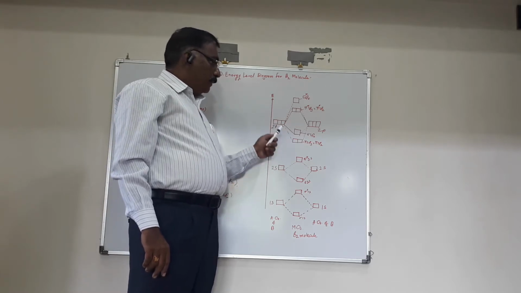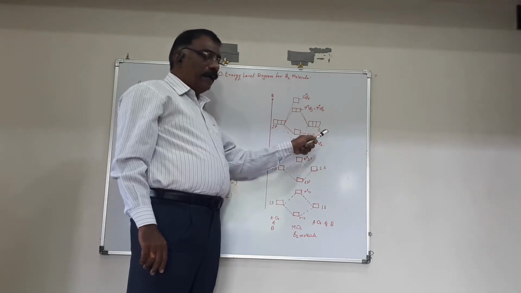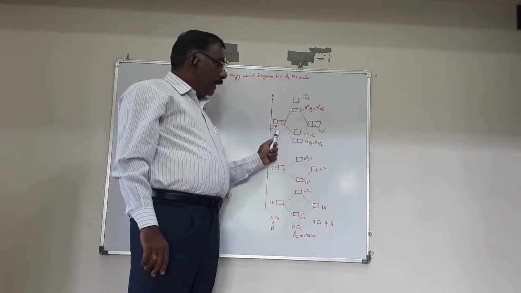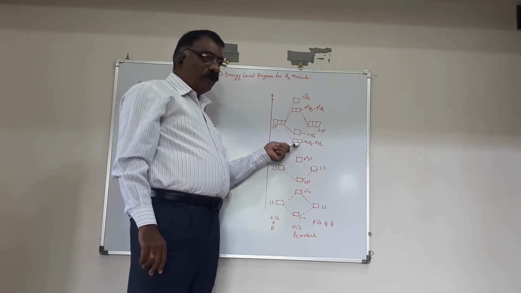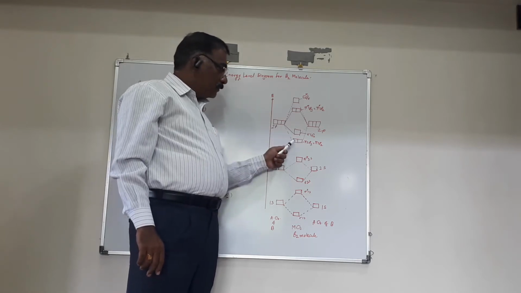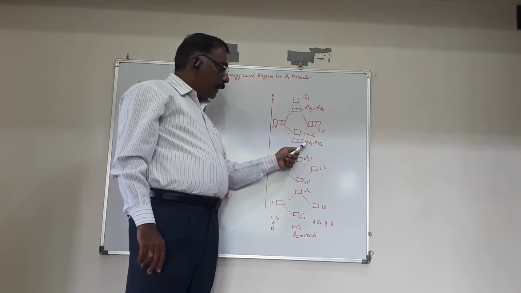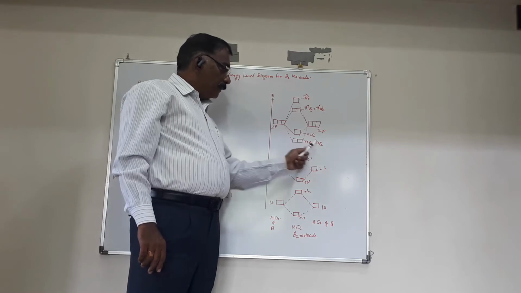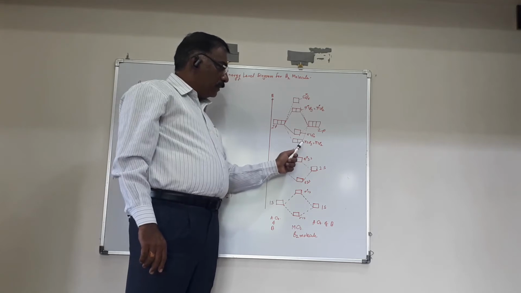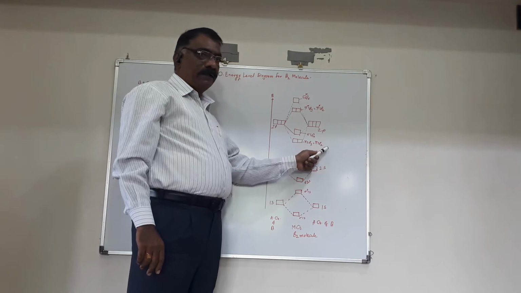Then the pi orbitals 2py and 2pz of the first boron and 2py and 2pz of the second boron can be combined, and now there is formation of two bonding molecular orbitals and two antibonding molecular orbitals. The first two are the pi bonding molecular orbitals: pi 2py is the first orbital and pi 2pz is the second BMO. Both have the same energy, so we say pi 2py is equivalent in energy to pi 2pz.